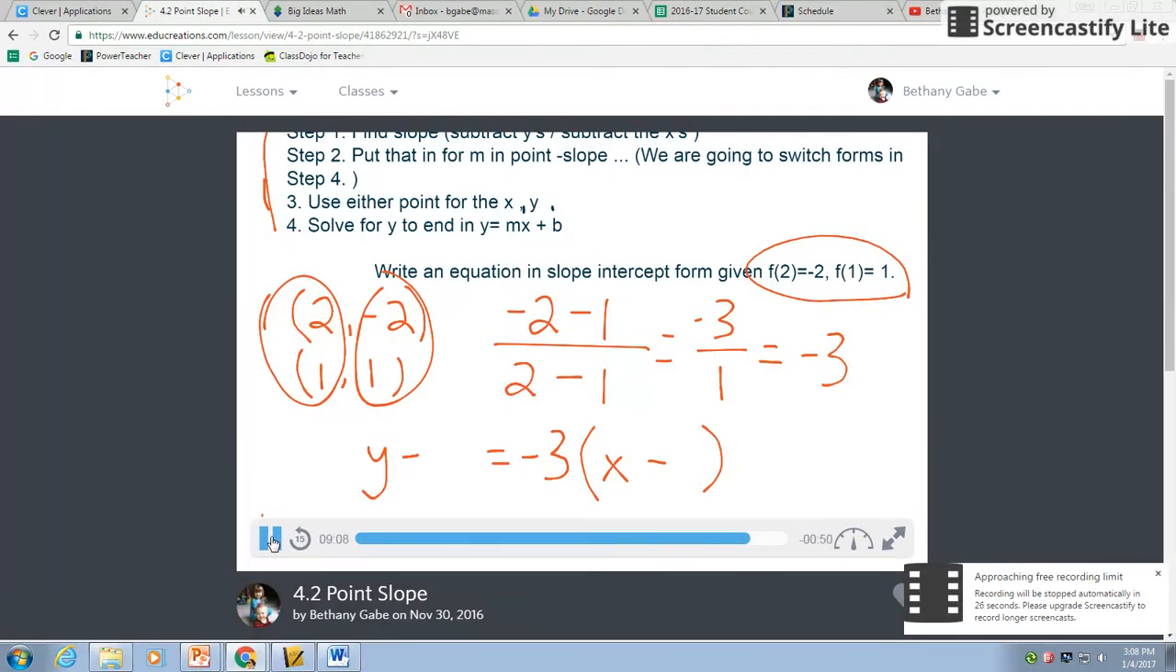So again, you could pick either point you want to. 2, negative 2, or 1, 1. I'm always going to choose the one that doesn't have negatives. So I'm going to plop in my 1 and my 1. That one's easy. That's the x, that's the y, but they're the same, so it doesn't matter. And then now we're on to step 4. We're going to solve for y. So remember to distribute over here first. Get rid of this, negative